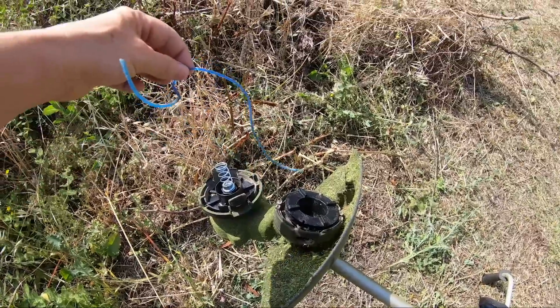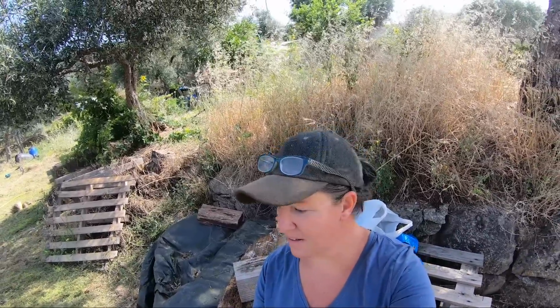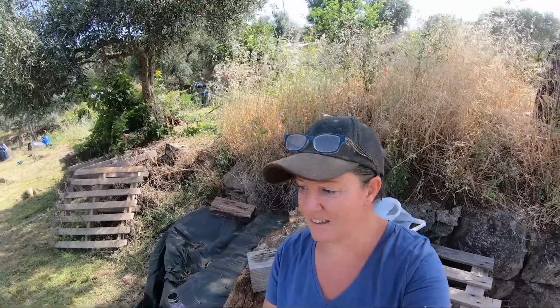I have encountered lots of sticks, lots of rocks, and I tend to bash into them. Plus I often bash into the dirt as I'm trying to get a close shave for the grass. So the string goes pretty quickly,